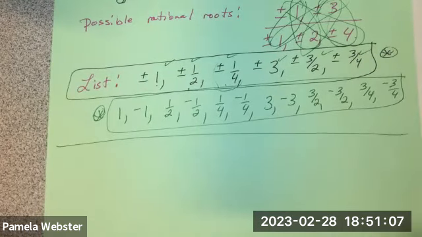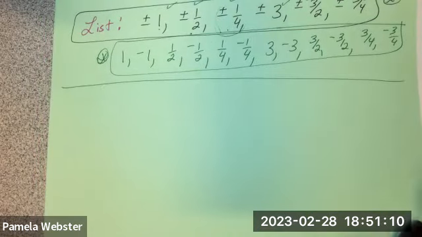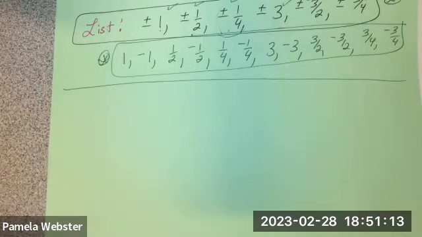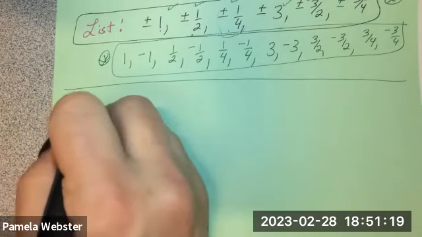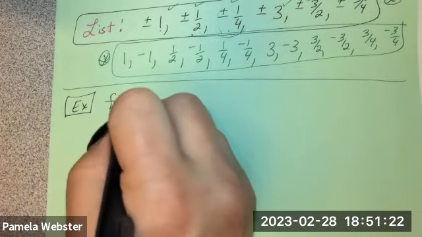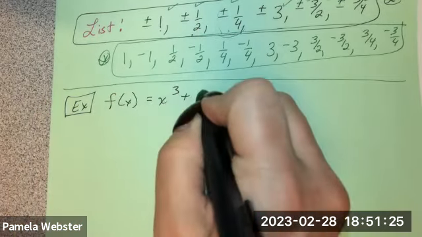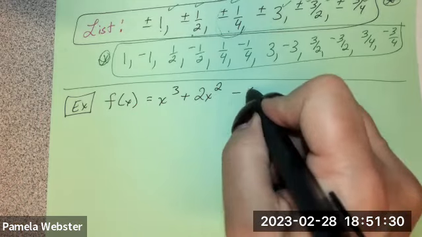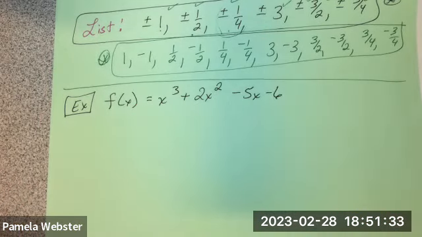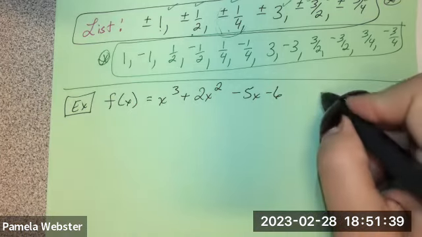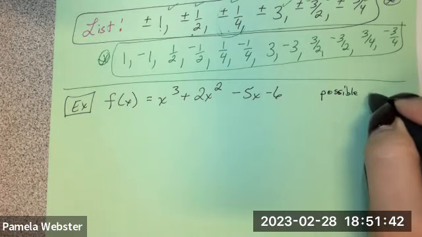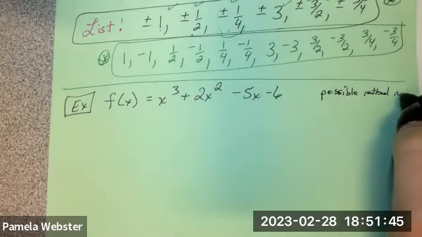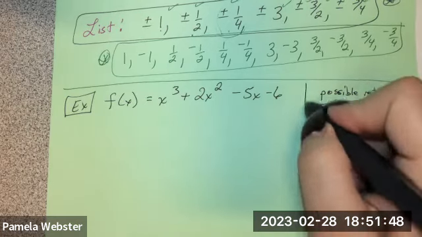Okay, let's scoot forward a little bit and see if we can put the rational root test together with the factor theorem and the remainder theorem that we already know. Okay, so I'm going to do a new example. It'll give us an opportunity to play a little bit with this possible rational root theorem. So I've got x to the 3rd plus 2x squared minus 5x minus 6. I think I already showed that earlier, maybe. Yep. So we said that our possible rational roots, this was one of the examples we did just a second ago. Possible rational roots were,